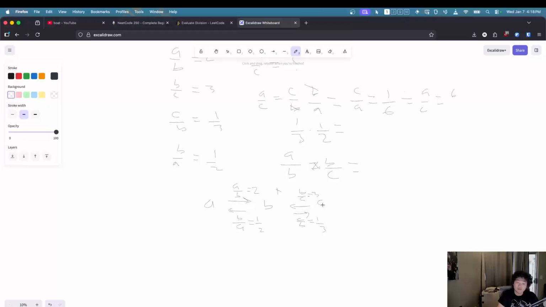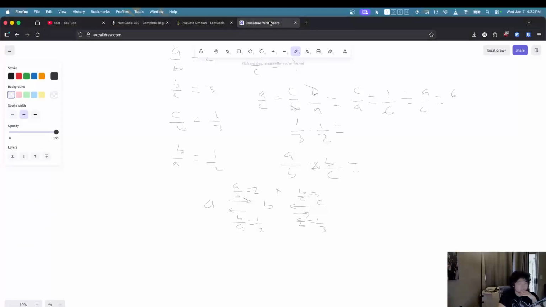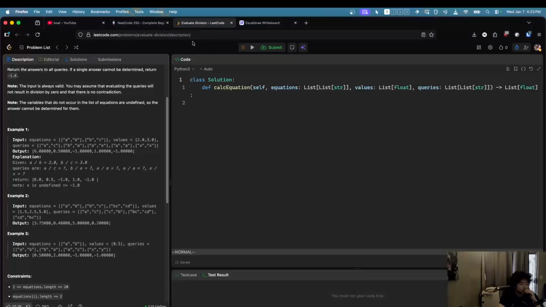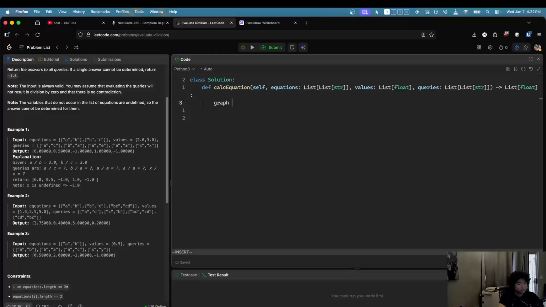Maybe a priority queue? I'm not sure. Yeah, I think we just do basically DFS on every single query, where the start and end are obviously here, and basically calculate the product from it. So let's try it. Okay, so let's build a graph where graph is just default